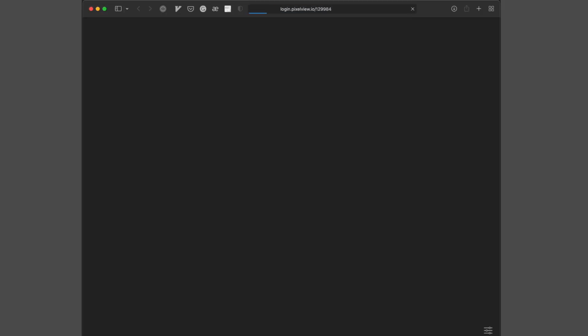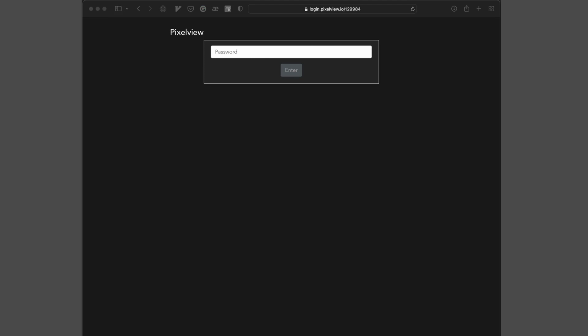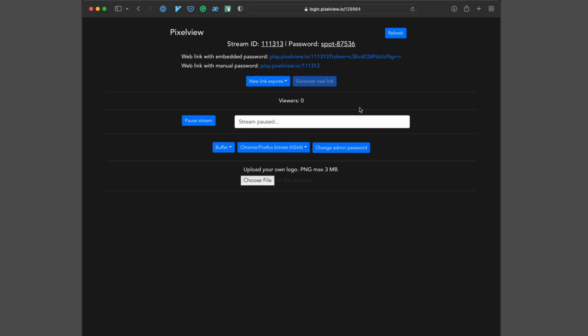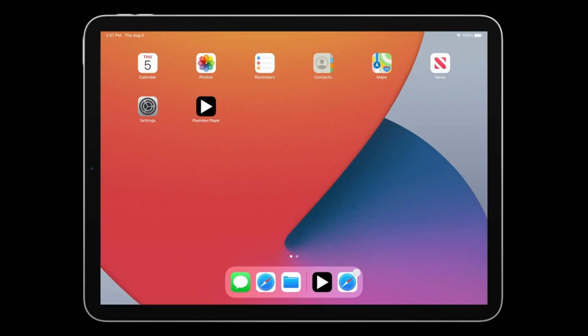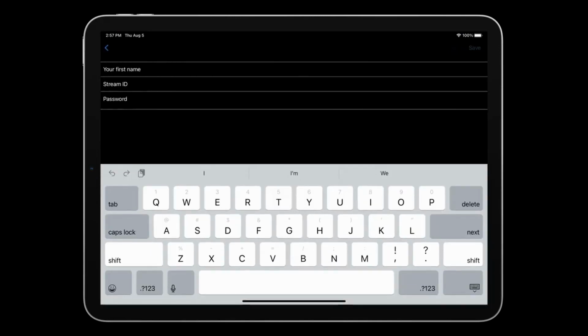Open up the admin link you also received from us and log in. The easiest way to watch the stream is to click on the Watch link in the interface. You can also watch using our app Pixelview Player for iOS and Apple TV for even better color accuracy and